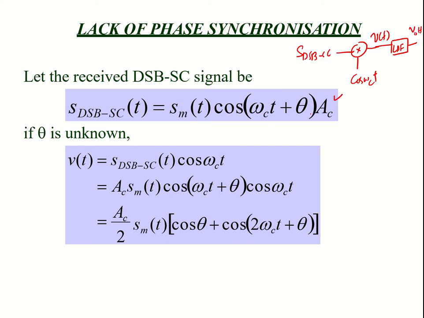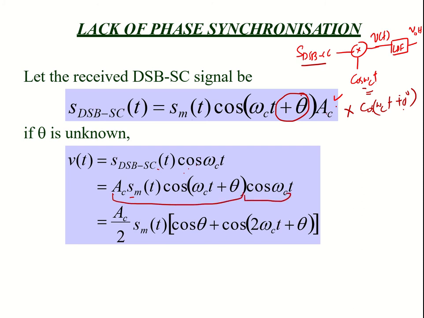So let's say this is our double sideband suppressed carrier signal. We multiply with this carrier, and here we assume that in the carrier we have a phase plus theta, like plus 30, 40, whatever you like. So this signal will be multiplied with this carrier, which has 0 degree phase. This has 30 degrees and this is 0 degrees, so we have some phase shift between the carriers, so we multiply them.